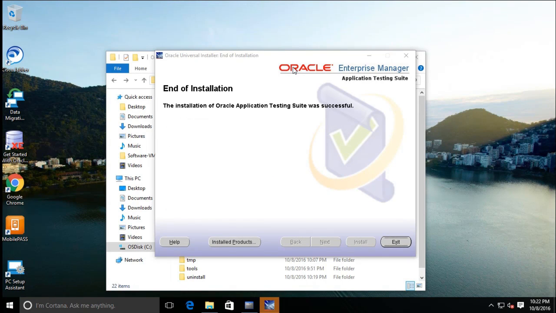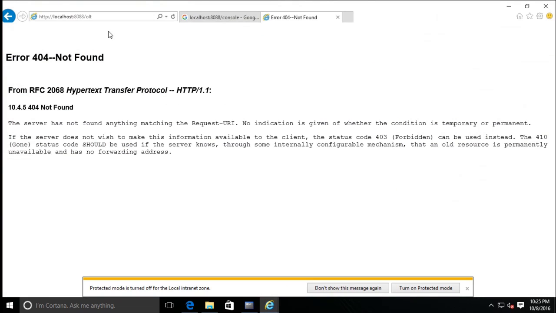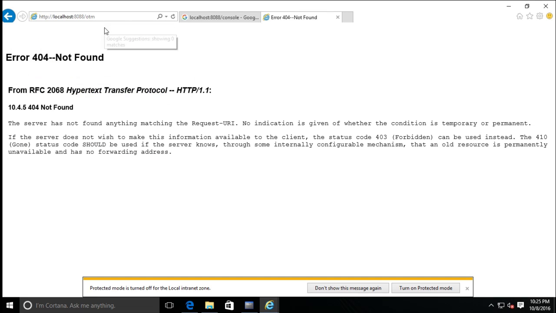Once it is installed, exit out of the installer and go to localhost:8088/OLT or OTM just to check it out.